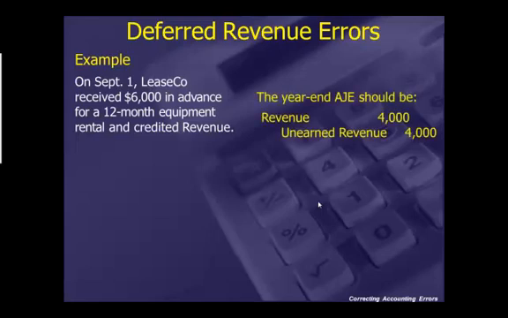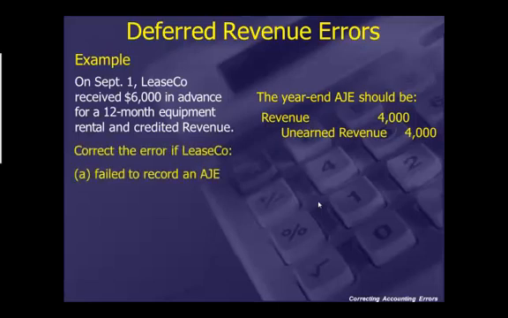So the year-end adjusting journal entry should be a debit to revenue of $4,000 and a credit to unearned revenue of $4,000, because in the following calendar year you will have 8 months left out of a total of 12. So 8 months times 500 is $4,000. And we're setting that up by taking it out of revenue. It has not been earned yet. And we're crediting it to unearned revenue, which is a liability that will still be showing on the balance